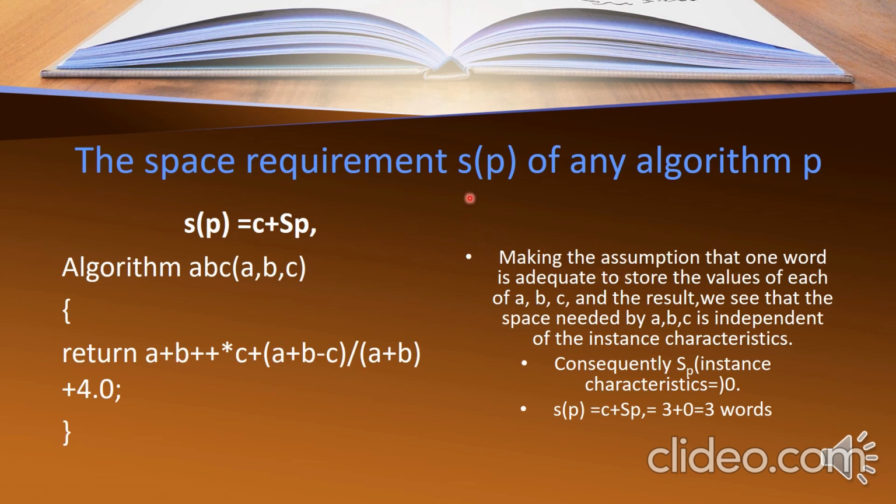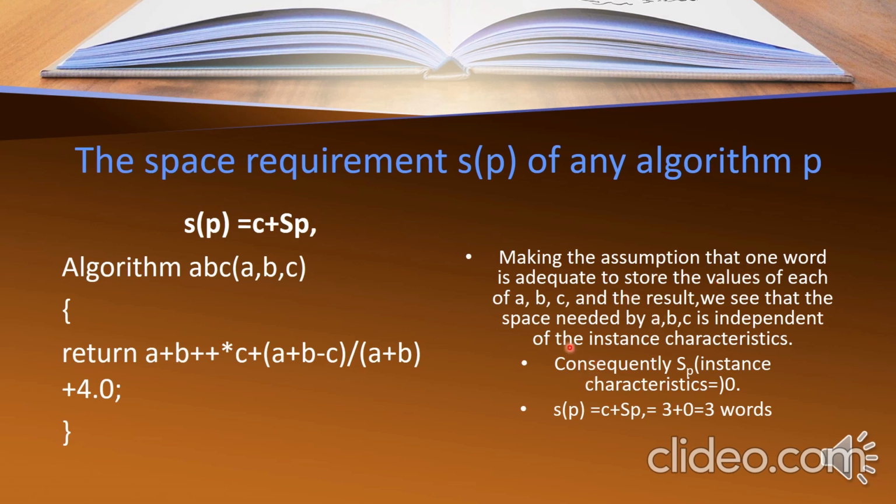Only the value in the location will vary, not the location. A, B and C are just used for performing arithmetic operations. Let's assume each of A, B and C takes one word.